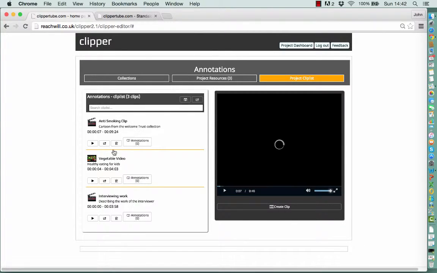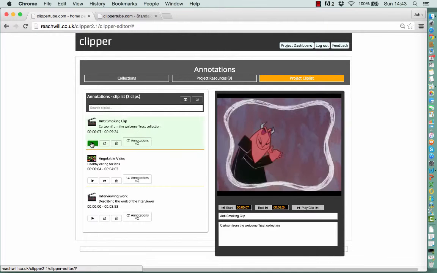I've made each clip quite long. You can see each one begins near the beginning. So I've done this to demonstrate using annotations for navigation. I'm going to create my first annotation in this clip by selecting the clip,